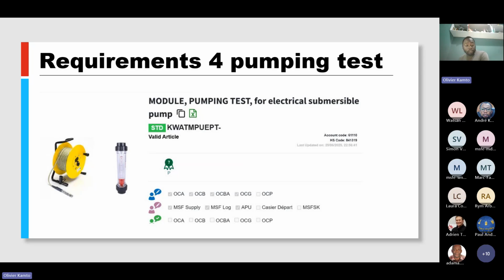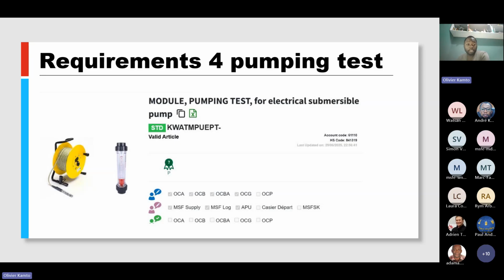We equally have the flow measuring equipment, which is the flow meter, which again we have in our catalog, but sometimes we do not have the flow meter, and most of the times in the context where we are, we resort to traditional methods, the traditional bucket and stopwatch method. But there are also other methods which we can use to measure the flow rate while doing the pump